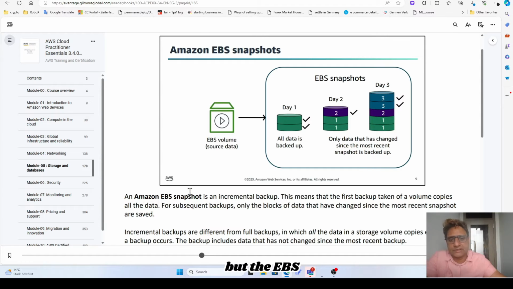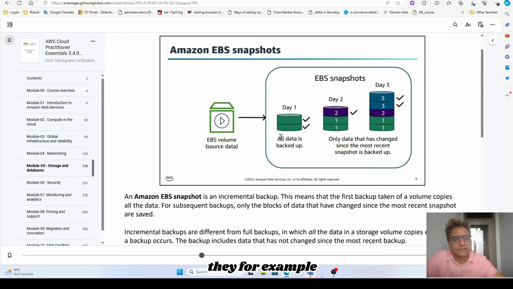But EBS does this in a smarter way: on the second day it only backs up the files that have been changed, not the whole database again. For example, in your organization you have a policy that you back up your database or storage volume every day. And if you do that every day, then you're just creating a copy of the same data,